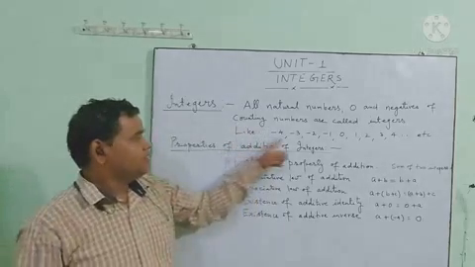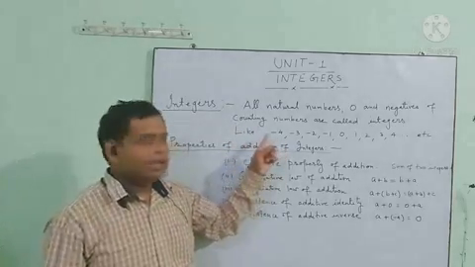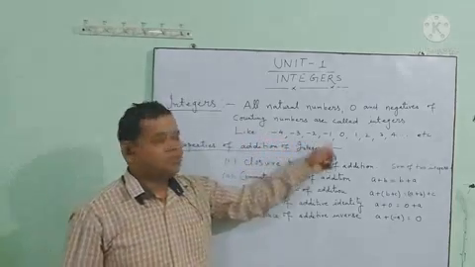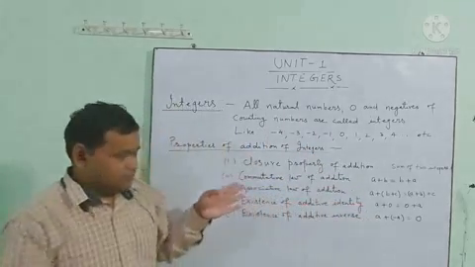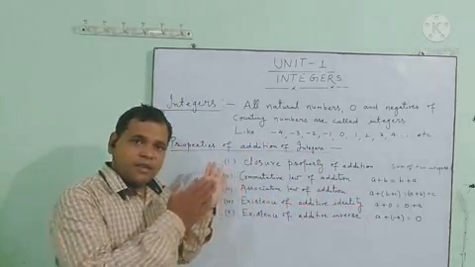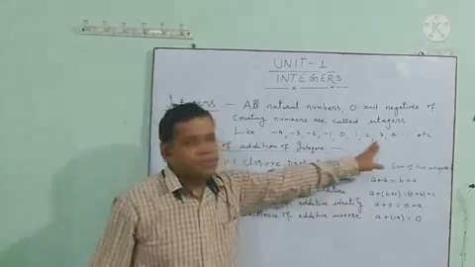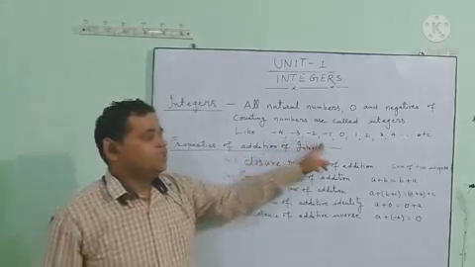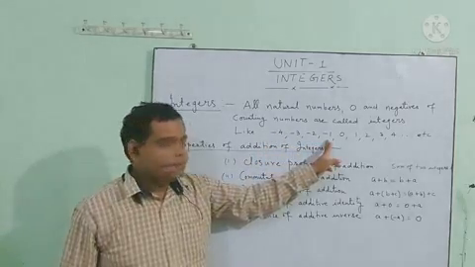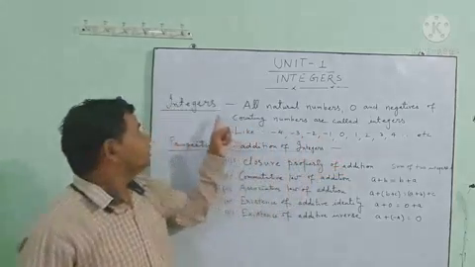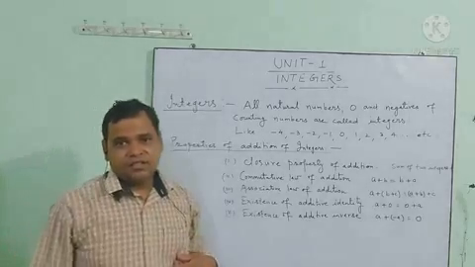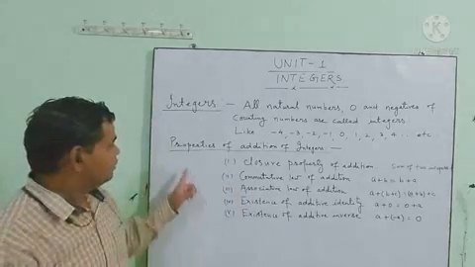Here are the examples. You can take any of the numbers, minus 3, minus 4, minus 2, minus 1, 0, 1, 2, 3, 4, etc. These are the natural numbers. These are the negatives of natural counting numbers, and 0. These are the examples of integers. I hope you understood. Now come to